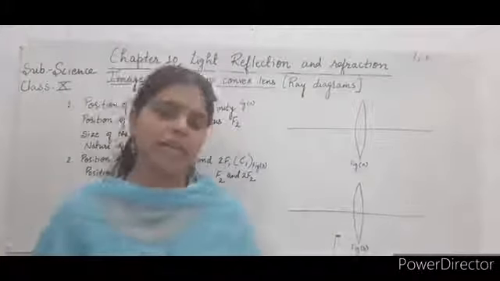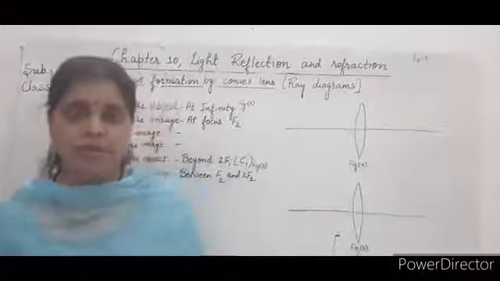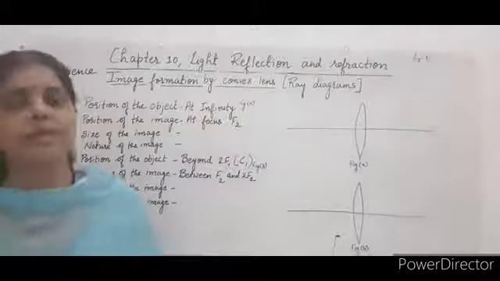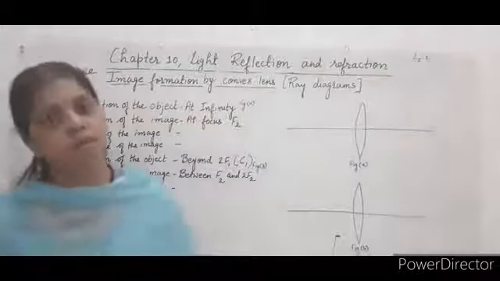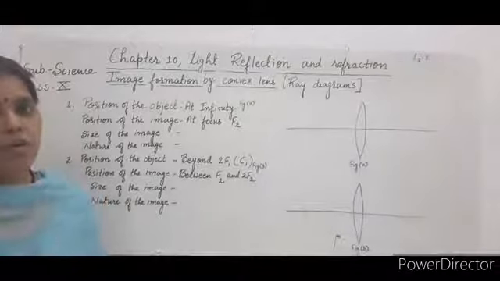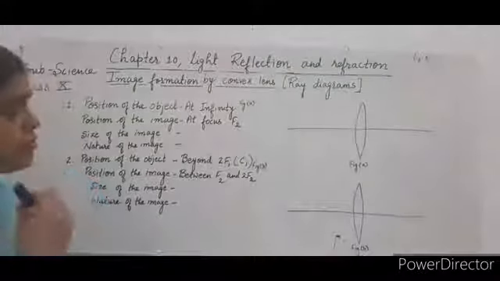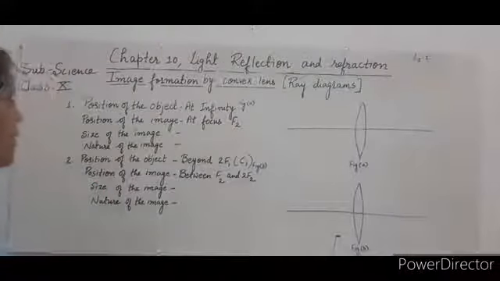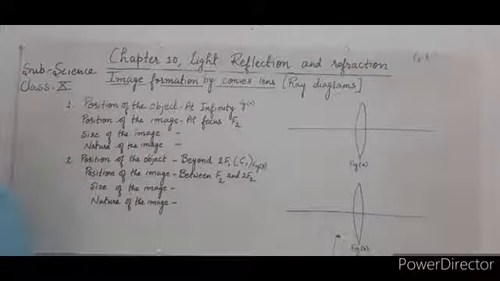Place by spherical lenses. First of all, we will see how image formation takes place by convex lens. So with the help of ray diagram, I will explain that. So we will see how the ray diagrams can be made in case of convex lenses. In order to make a ray diagram, we have to keep in mind the rules for convex lenses. Now, for the various positions where the object is kept, we have to find out where the image formation takes place.